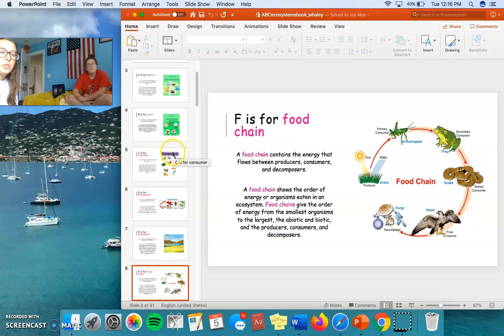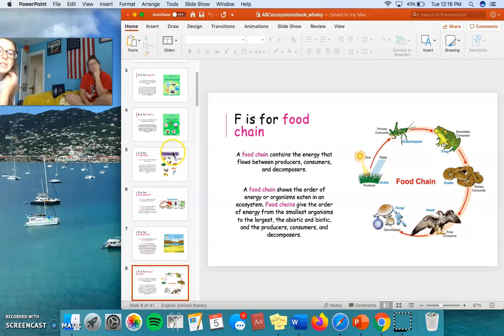F is for food chain. A food chain contains the energy that flows between producers, consumers, and decomposers. A food chain shows the order of energy of organisms eaten in an ecosystem. Food chains give the order of energy from the smallest organisms to the largest, the abiotic and biotic, and the